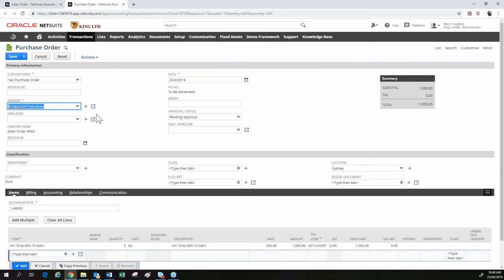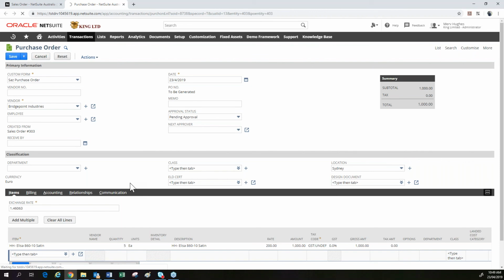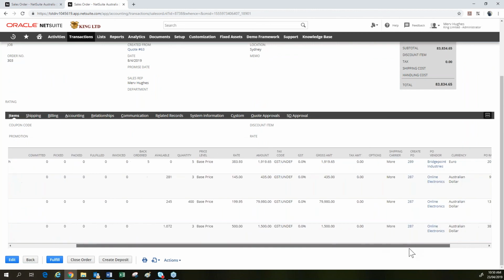So if I go on here, I can create my special order based off of that. And then I can simply save this purchase order. Then I can receive this purchase order, and this would automatically be committed to my sales order, and I can then bill that purchase order. So if I go to that purchase order,